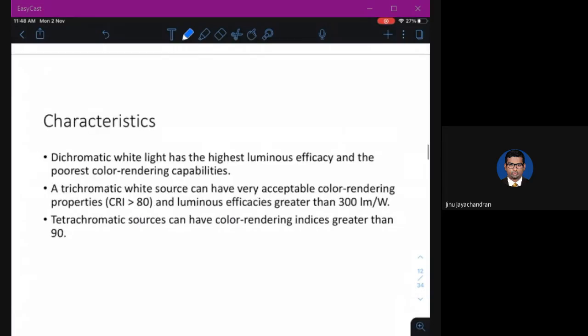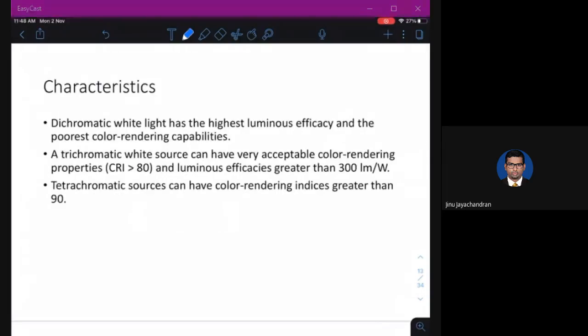Now, if you compare the different chromatic sources, what's the advantage of each of them? The dichromatic white source has high luminous efficiency, and it has poor color rendering capabilities.